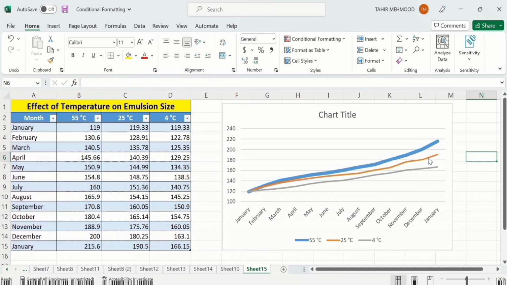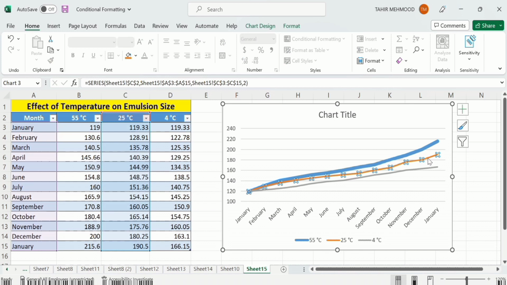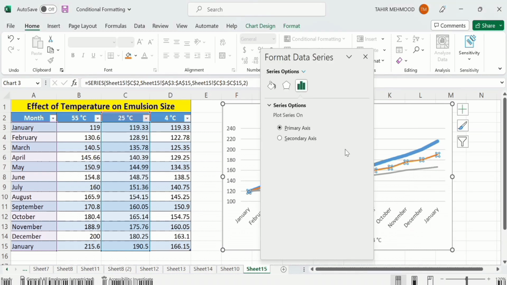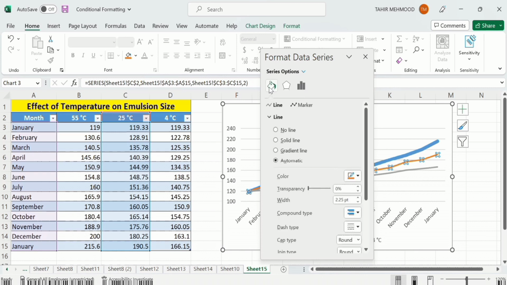If I want to change the width of this line, which is indicated with 25 degrees centigrade, I will select this line. Currently you can see here these squares appeared, which means only this line is selected. Now I will right click by placing my cursor on this line and again go to Format Data Series, go to the Fill and Line option, and from the Width option I will adjust